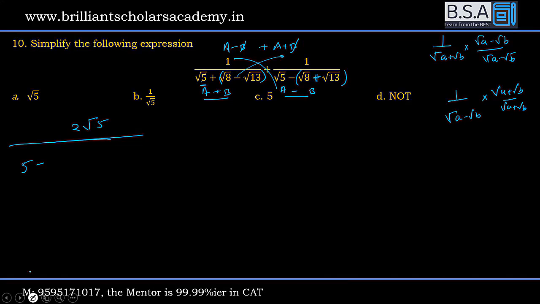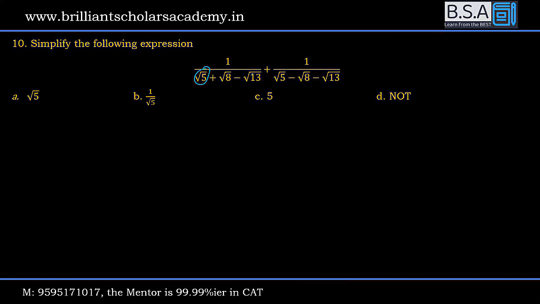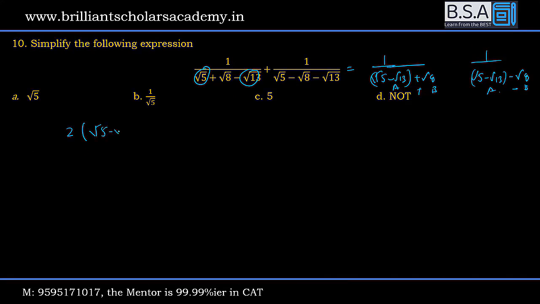लेट मी रीअरेंज, लेट मी क्लियर एवरीथिंग। मैं इसको ऐसे ले रहा हूं, देखो, दिस एंड दिस कंबाइन, आई एम रीराइटिंग ऑन द राइट साइड। 1 अपॉन रूट ओवर 5 माइनस रूट ओवर 13 प्लस रूट ओवर 8। 1 अपॉन रूट ओवर 5 माइनस रूट ओवर 13 माइनस रूट ओवर 8। तो इसको मैंने ले लिया a एंड दिस इज b, दिस इज a एंड दिस इज b। तो ये a माइनस बी है और ये a प्लस बी है, ऊपर जाएगा तो 2a बन जाएगा, ये आपका a है। ट्वाइस ऑफ रूट ओवर 5 माइनस रूट ओवर 13। नीचे इनका स्क्वायर बन जाएगा, रूट ओवर 5 माइनस रूट ओवर 13 स्क्वायर माइनस ये 8 का स्क्वायर बन जाएगा, रूट ओवर कट जाएगा।